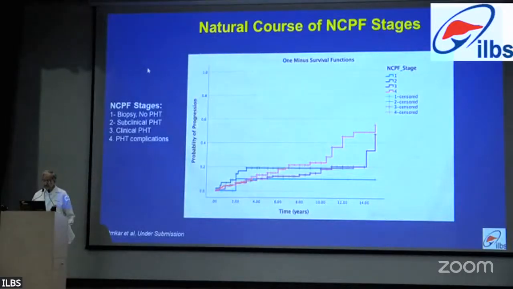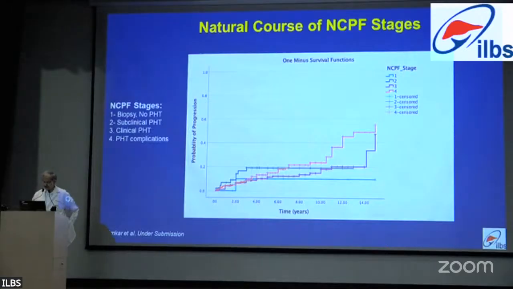Using Dr. Chhagan's work, which is to me a landmark, is that NCPF stages. So he gave us stage 1, 2, 3, and 4. Stage 4 is where you have complications of NCPF. So if somebody presents to us with a stage 4, you can see the mortality in about 14 years or so is high. But if suppose somebody has pre-NCPF stage, then you will see that they remain well and mortality in stage 1 and 2 is significantly less. So it is important for us to know any stage.